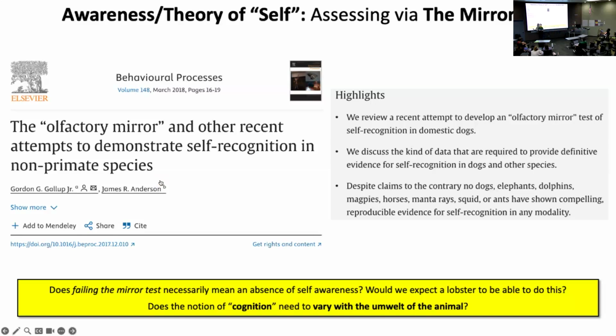In other words, they didn't actually pass the mirror test. Something else was going on. It was an artifact of the experiment, or it was just a poorly designed experiment. And so they claim in 2018 that really primates are it, not even elephants are actually passing the mirror test